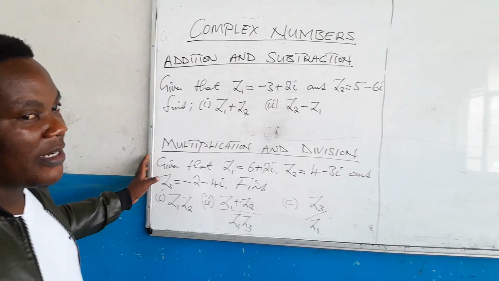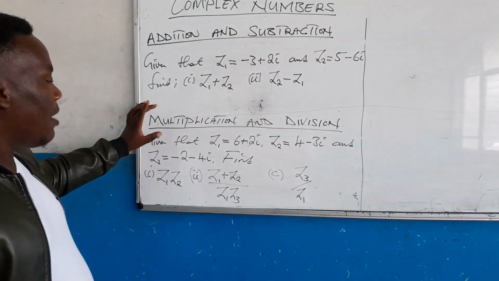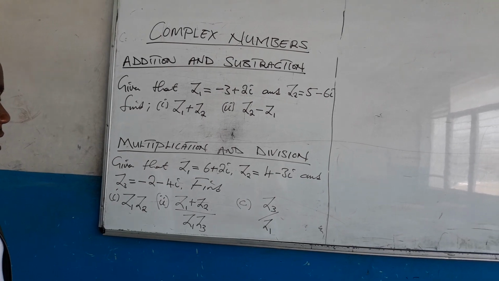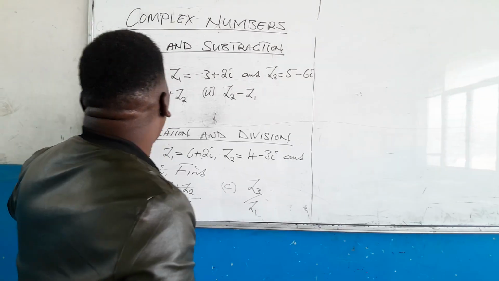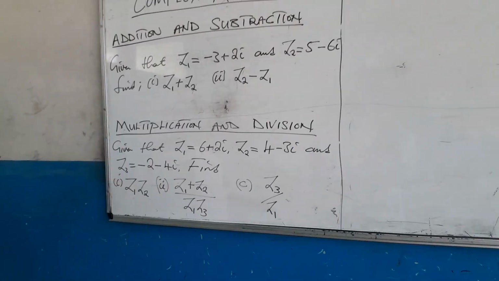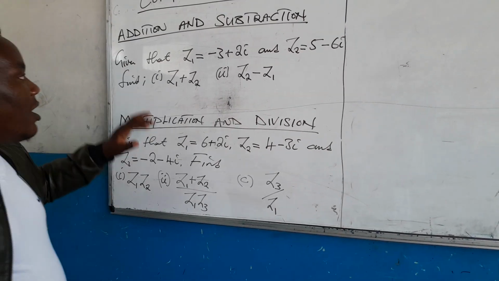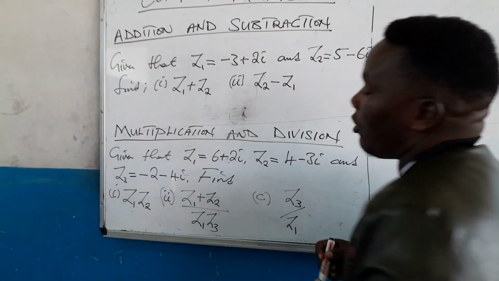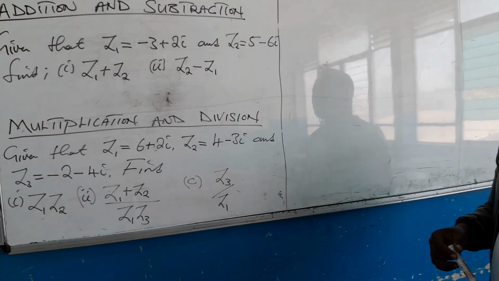Okay, so we proceed. We're looking at addition and subtraction. At the same time, we're going to look at multiplication and division. Given that Z1 is equal to that and Z2, find Z1 plus Z2 and Z2 minus Z1. So when you are adding or subtracting complex numbers, the point to note is the real part is only supposed